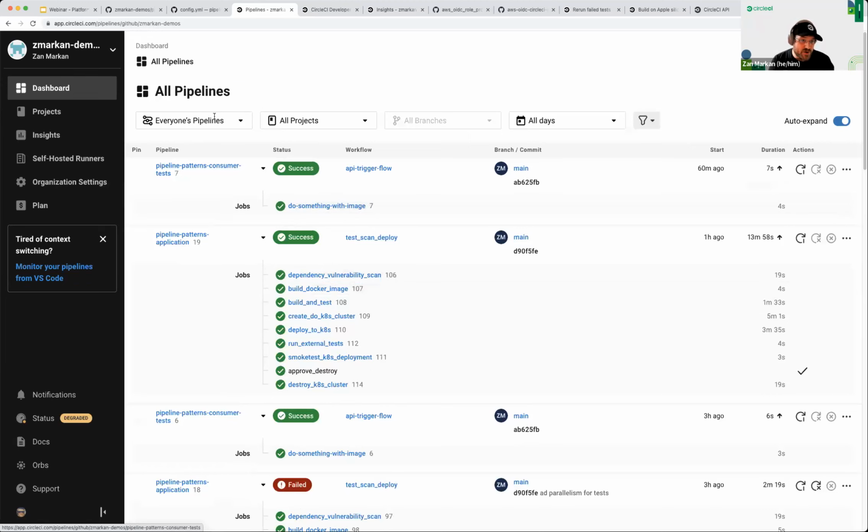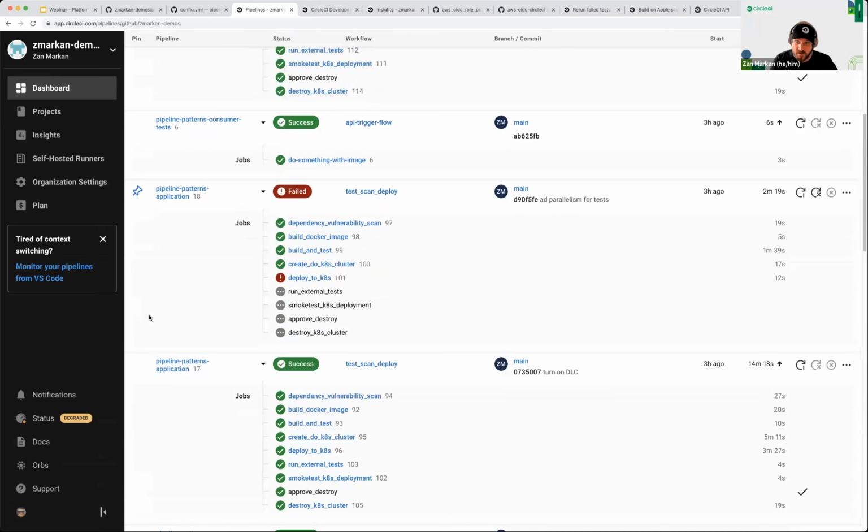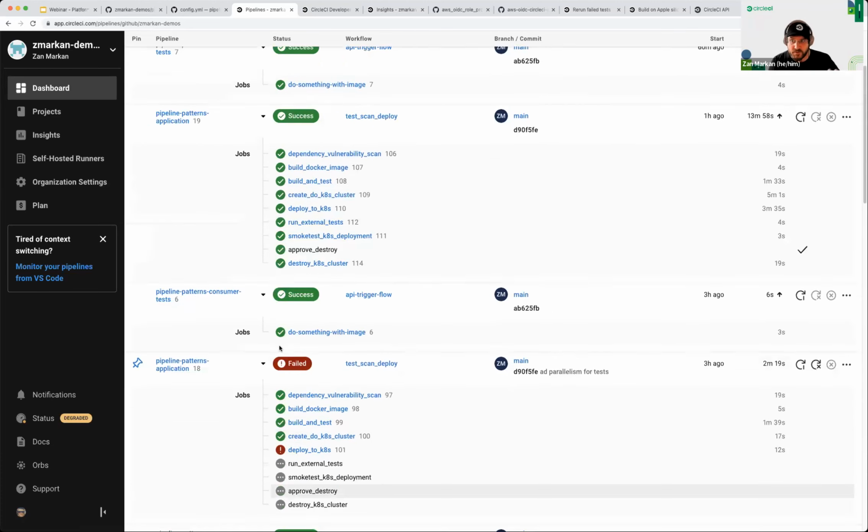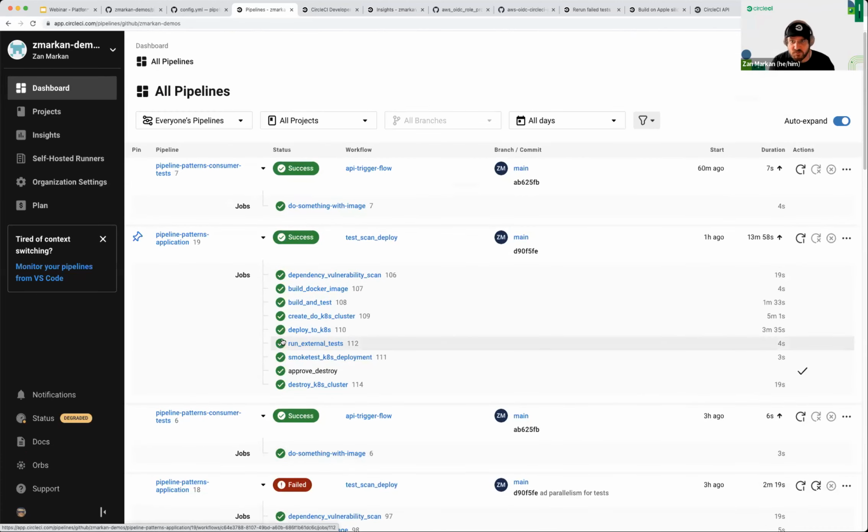So I have a bunch of pipelines in my dashboard that I can see, my consumer task, my application. I can have multiple applications, multiple pipelines or projects that I could be following depending on my role. If you're a single developer working in a single team, you probably have fewer than if you're responsible for 10 or 20 teams and their pipelines. And you see at first glance, oh, the top things are the most recent. You see what's ran, how long it took to run, and which jobs ran in that particular